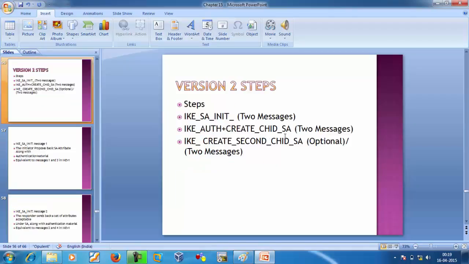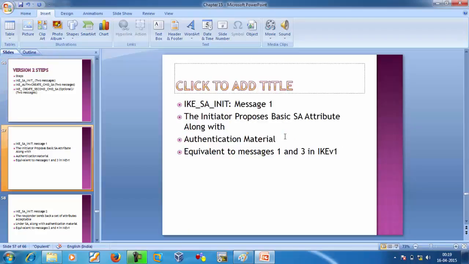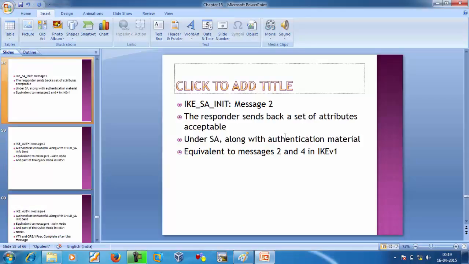Talking about messages in version 2, the first two messages are SA negotiation, the second two messages are child SA negotiation, and another two are optional. In the first message, the initiator sends proposal plus authentication material. In message two, the responder sends back proposal plus authentication material.